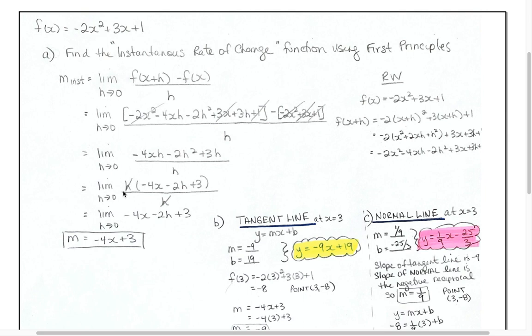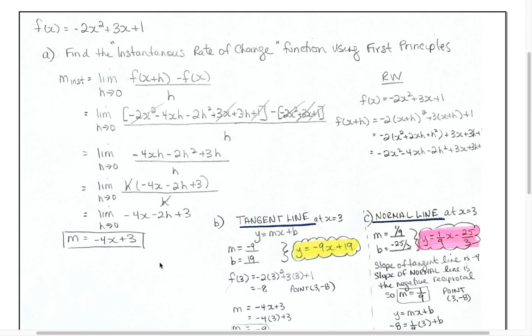And then I can cancel out the h that I factored out with the h on the bottom. So I get the limit as h approaches 0 of negative 4x minus 2h plus 3. At this point, I can now safely sub in h equals 0. This term right here is going to disappear, and I'm left with my negative 4x plus 3 as the equation of the slope of any point on the curve